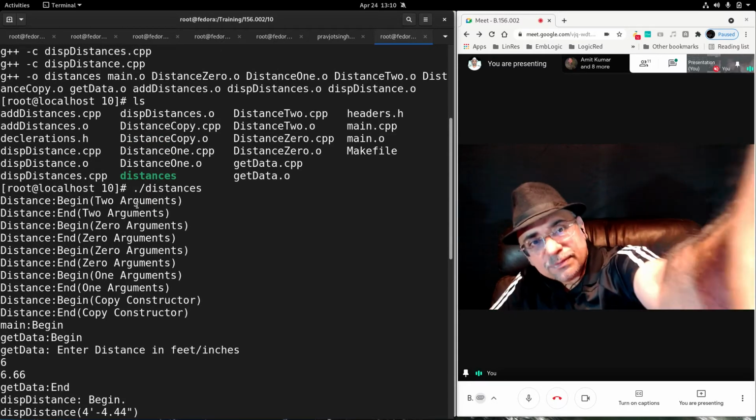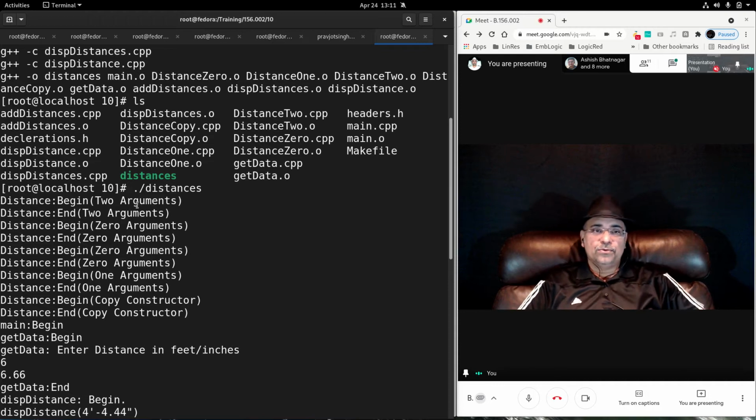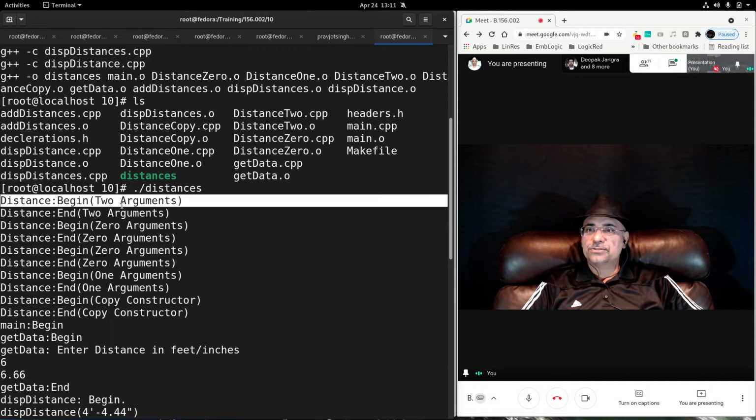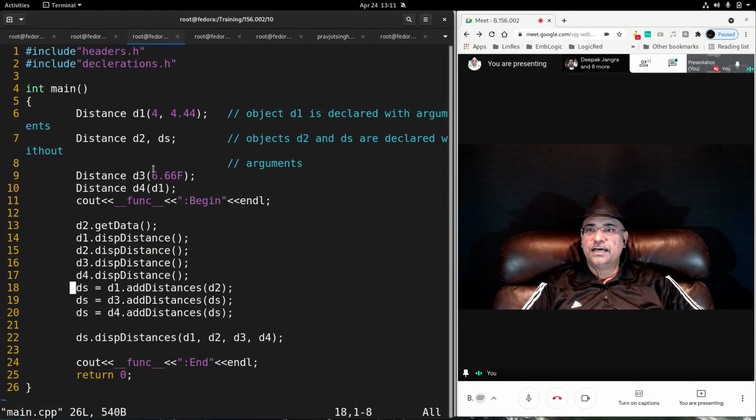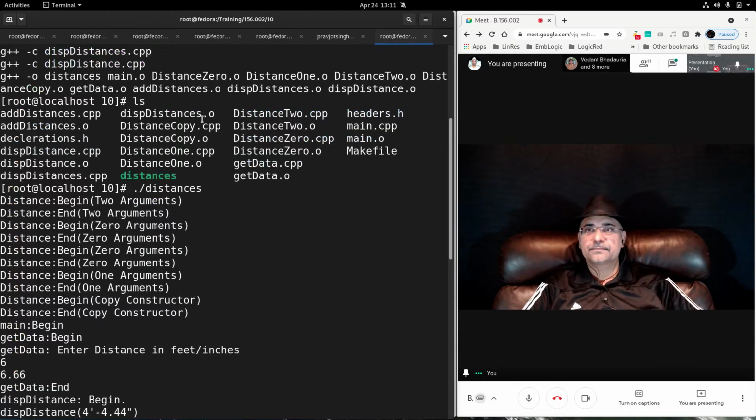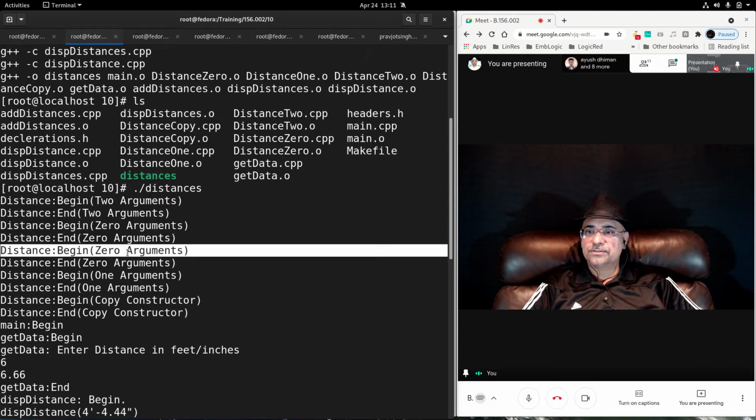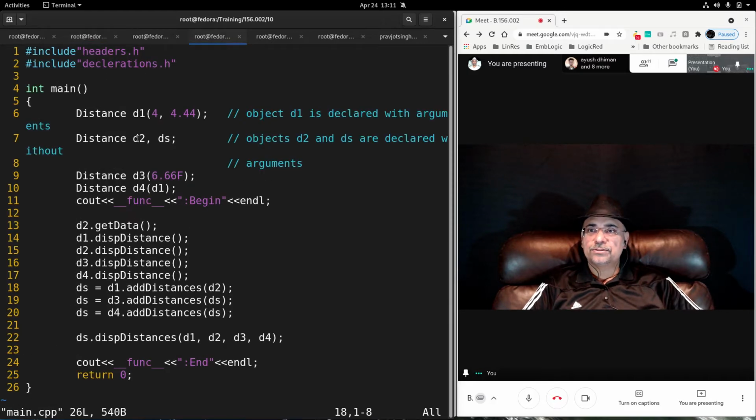See, if you understand this one program very nicely, then you will be able to understand the concept of constructors well. So concentrate. The 2 argument constructor was invoked, because I created an object with 2 arguments. Then the 0 argument constructor got invoked twice, because I created objects d2 and ds and did not use any arguments.